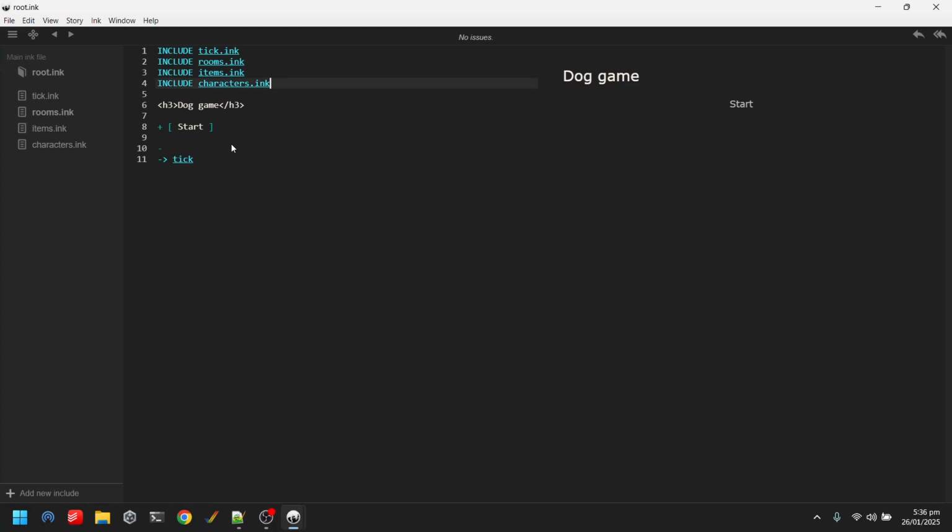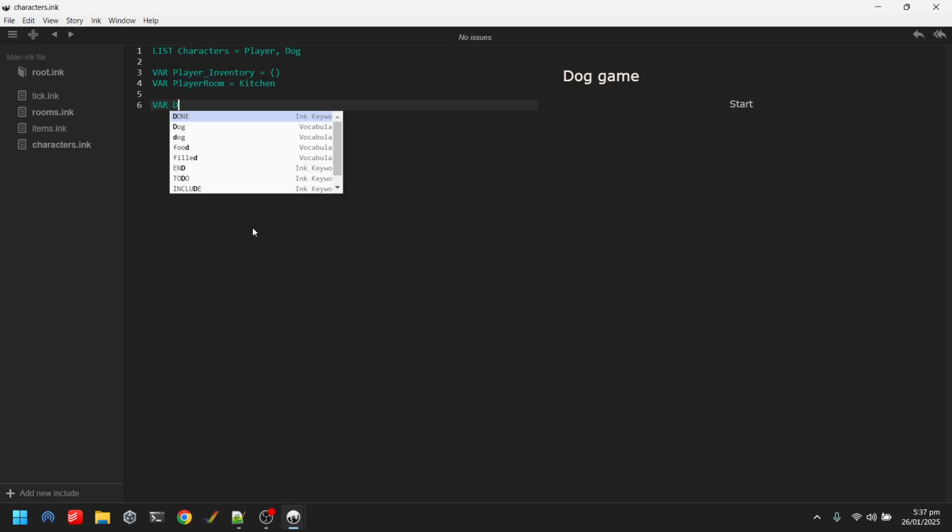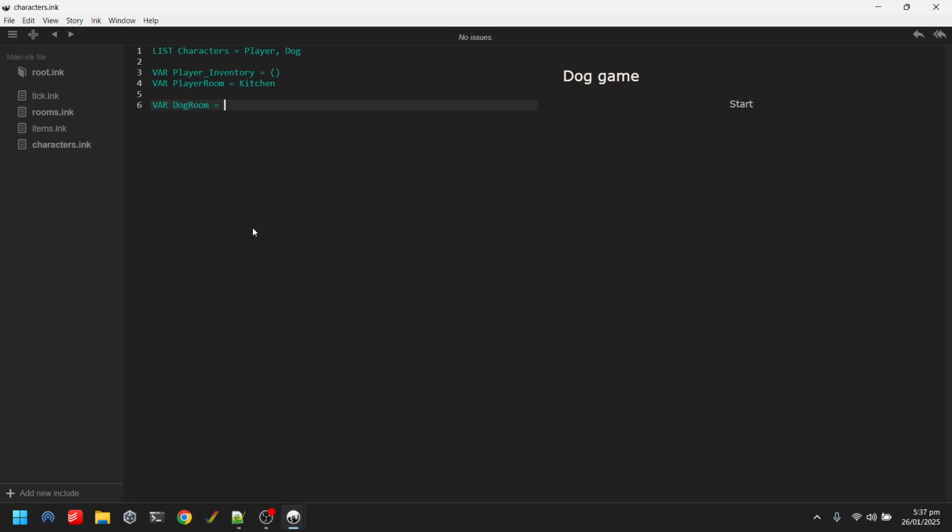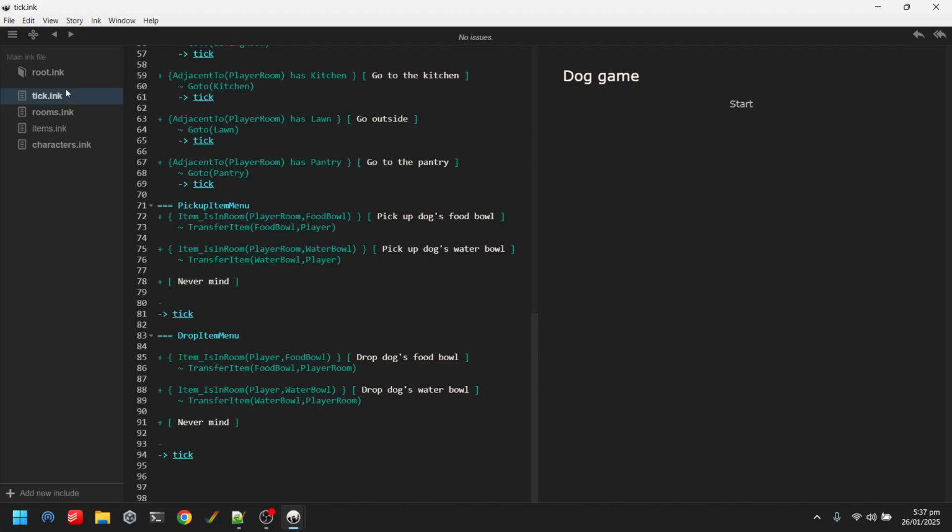So we have got our pathfinding, but we need our dog to use it. So characters, I'm going to add dog as a character. The dog room is the... let's start the dog in the bedroom. And then in our tick function,